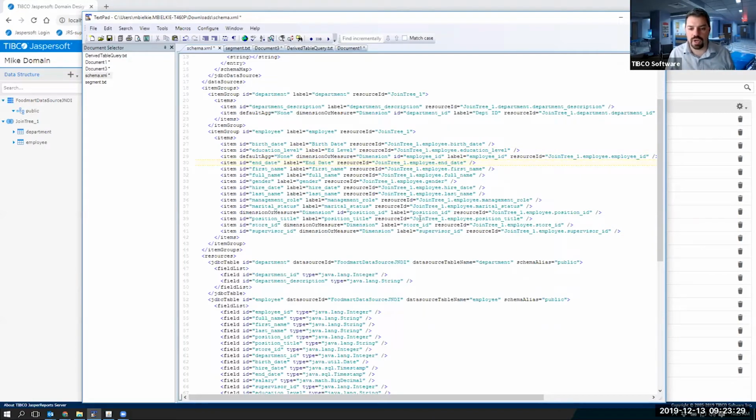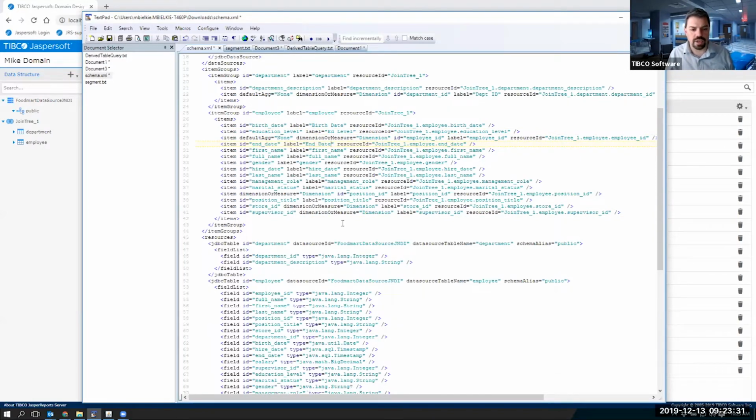You can go forward. The same thing goes for the aggregation value. You see here, it's a default aggregation is none, so you can add that in as well. Unfortunately, we don't show any longer the defaults unless you've changed one. So, you see there's no default aggregation for a lot of these, but there is for this guy because I changed it myself on the UI. So you kind of have to change it in the UI if you want to see what the other values are there to copy and paste them.